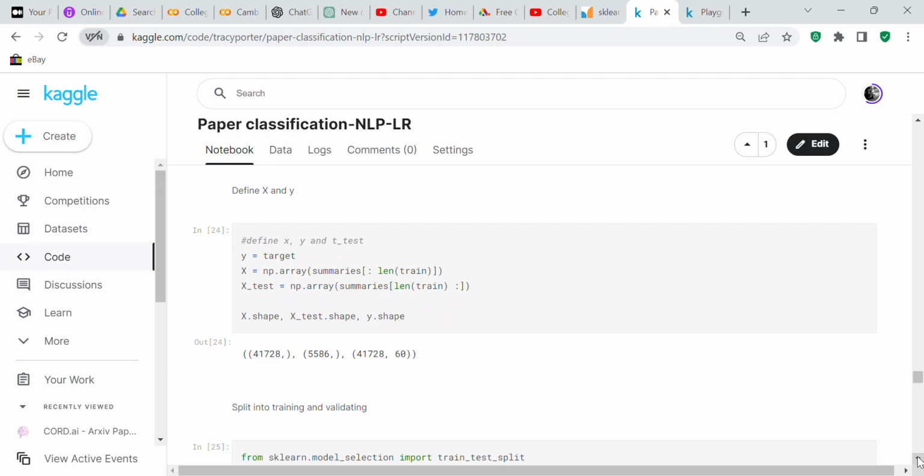And then after we've done all that, our data has been pre-processed to a certain extent. Then we define our X and our Y variables. Y is your target, X is your summaries, row 0 to the length of train. X test is your summaries, the length of train all the way to the end. We check our